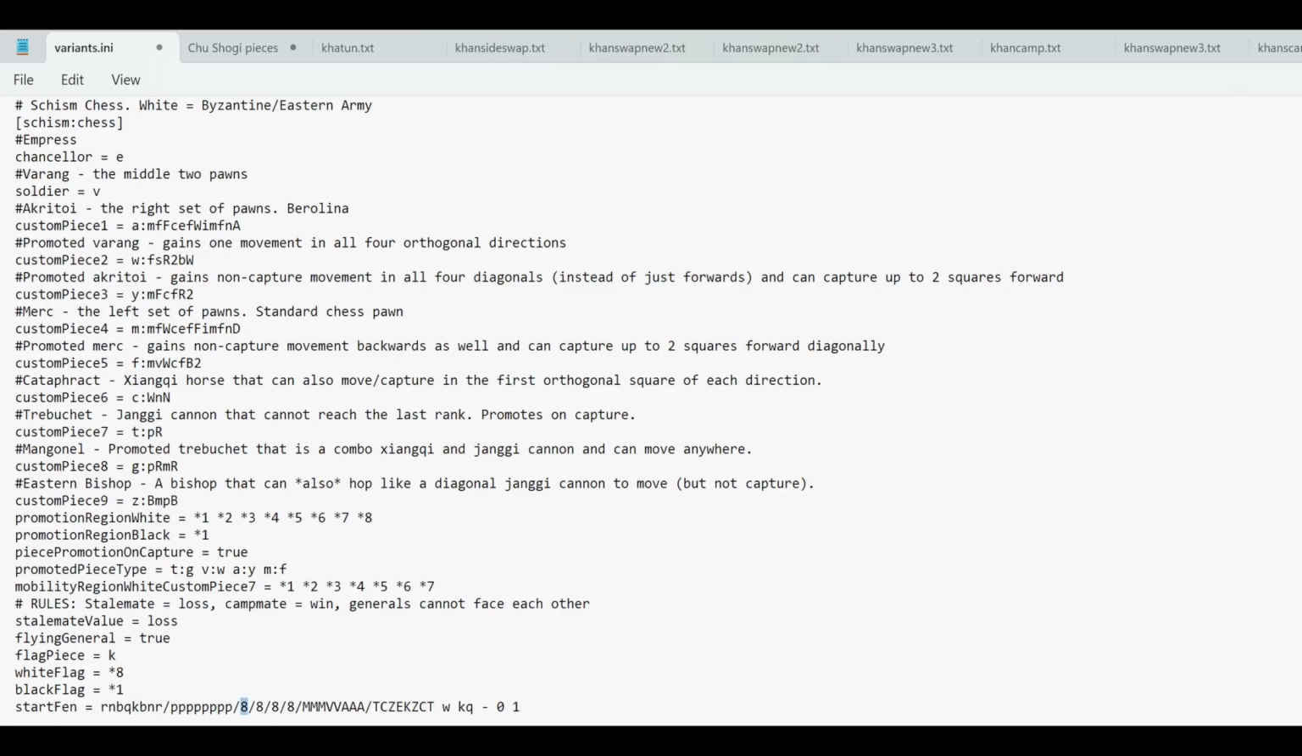So 8 is the number of empty spaces in a row. If you want to have something like 2 pawns in the middle, then you could define something like 3PP3. So 3 blank spaces, then 2 pawns, and then 3 more blank spaces. If you want to have something like 2 pawns on each edge and then blank spaces in between, that would